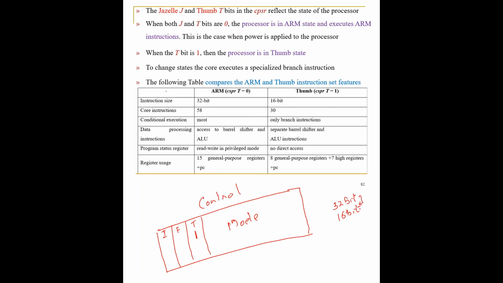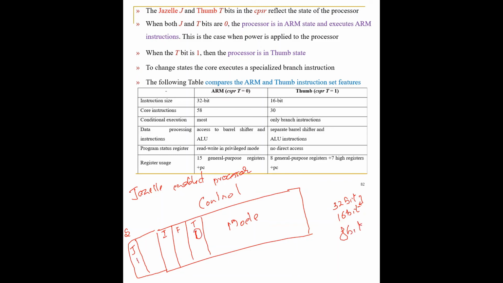Suppose you say, sir, I have written a 32-bit instruction set here and I want to make it something like 8-bit. In that case, in the status field, there is one more bit which is called the J bit. If your processor has a J bit, you call this processor a Jazelle enabled processor. So if I want my instructions to be 8-bit instructions, you make this Thumb bit 0 and you make this J bit 1.